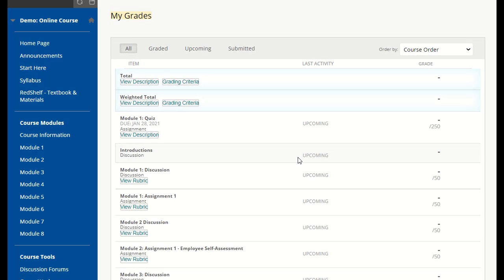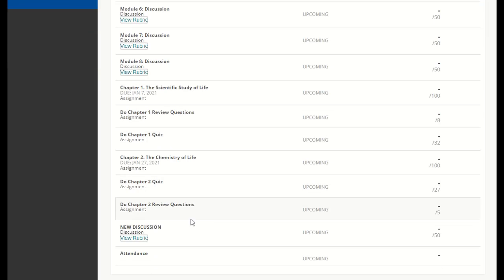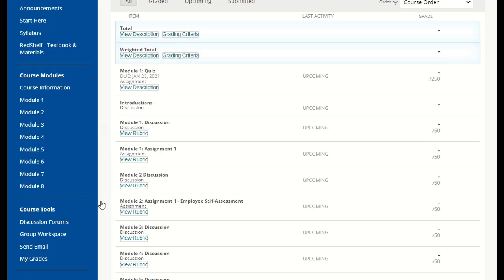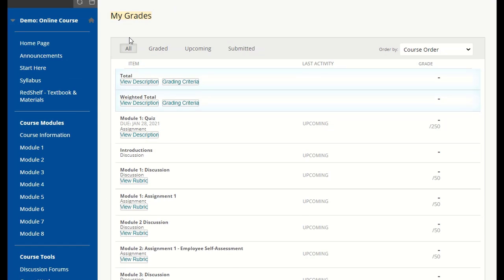Let's take a look at rearranging the columns or items in your grade center. So let's say I would like the attendance grade row to show up right on top here so that when my students click on the grade center on their My Grades, the first